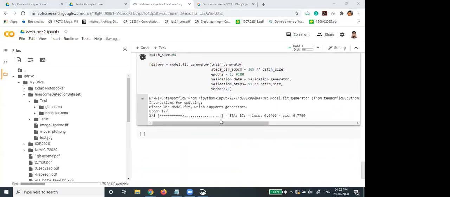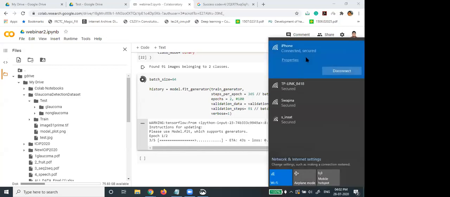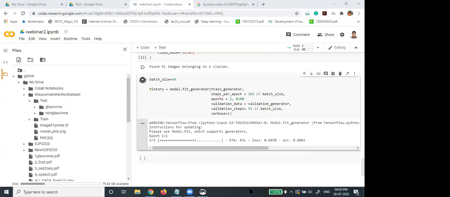It's a little bit slow. Yeah. You can see when the epoch is increasing the accuracy is 52.7%.